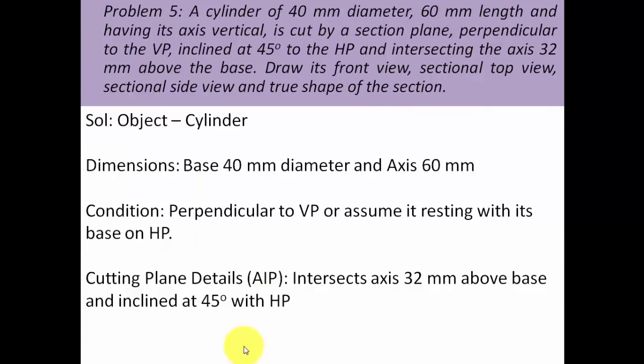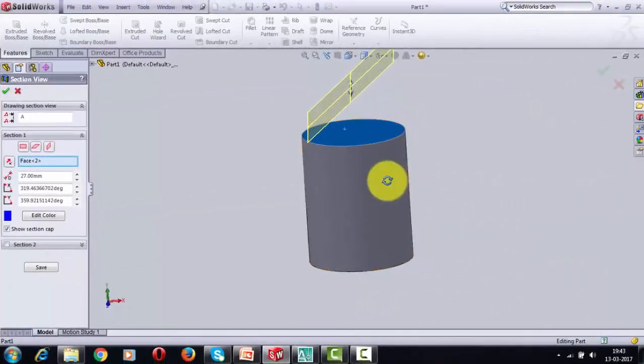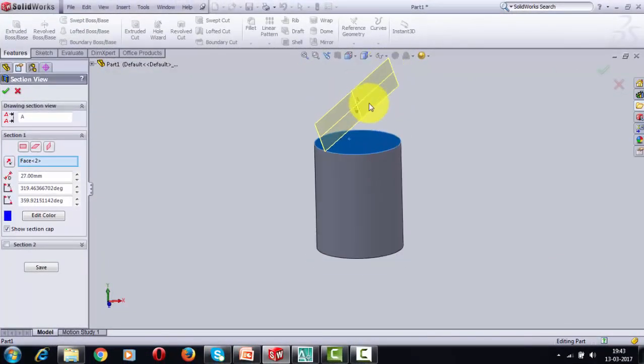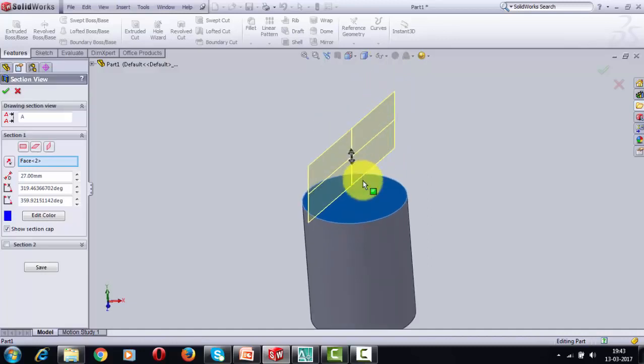So guys, stay tuned, as in the next section I'm going to show you how the object has been kept, what happens when it is being cut by a cutting plane, and let's see how all of this eventually works out. So guys, this is the object, a cylindrical object, and you can see over here I have a cutting plane. Let me zoom in on this slightly, something like this.